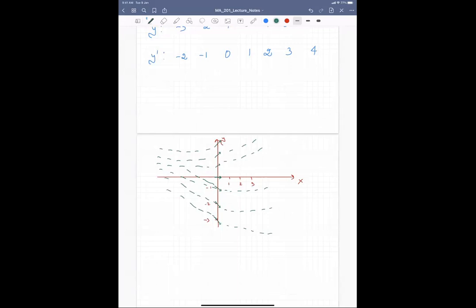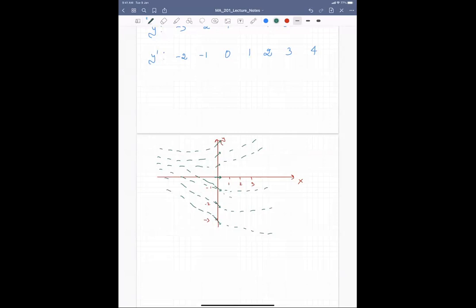Now, again, I do not know what the solution is, but now I can roughly guess what the solution might look like, even though I don't have an analytic form for it. The way I will do it is as follows. Suppose somebody says, look at some particular point, x equal to 0 and y equals -1. How does my solution around this point look? Then I'll simply zoom in and follow my arrows.